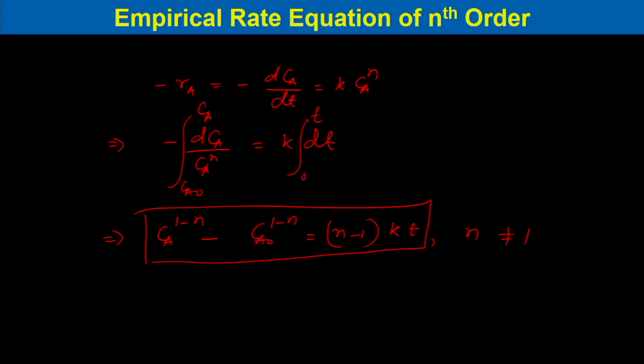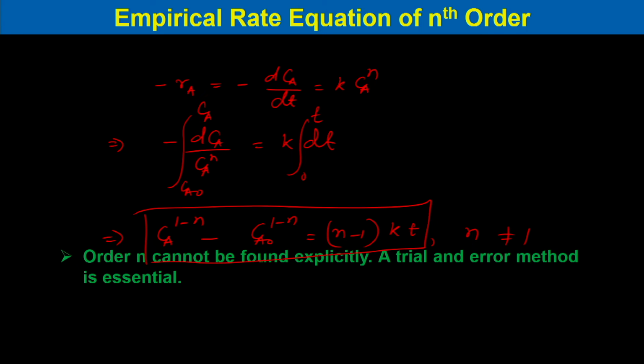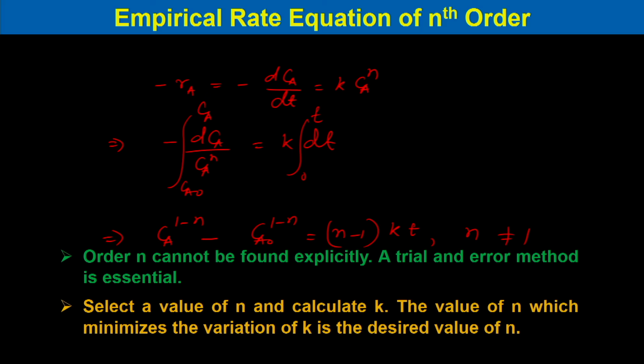The calculation of the order of the reaction is not straightforward in this case. As we can see, this is a trial and error procedure. So, order n cannot be found explicitly. A trial and error method is essential. How do we do the trial and error method? Select a value of n. So, we need to select a particular value of n